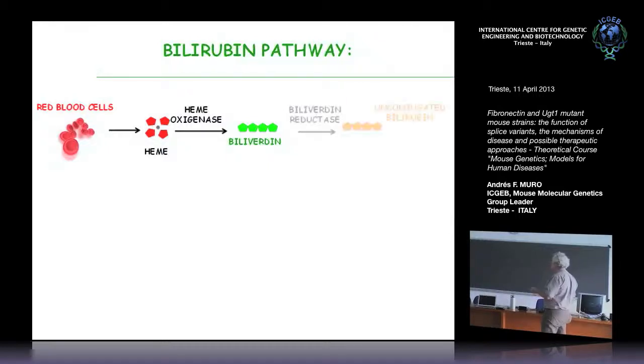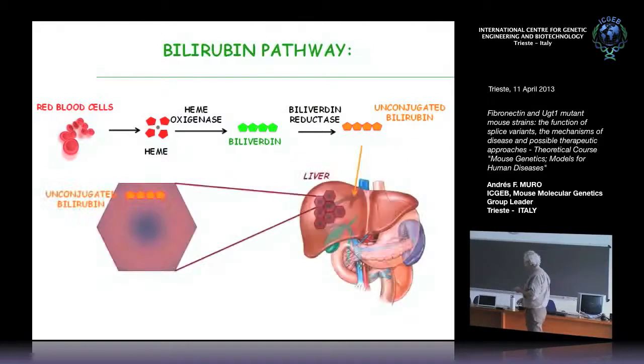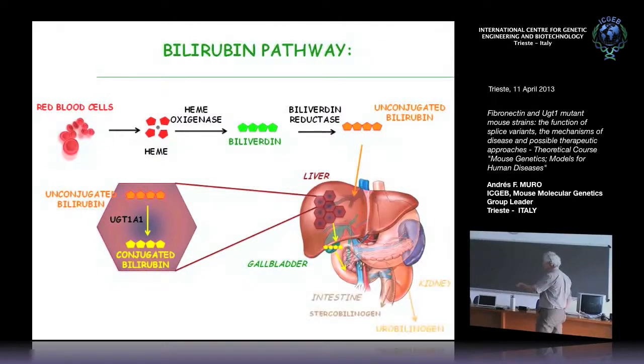Then biliverdin is converted by biliverdin reductase into unconjugated bilirubin. And this unconjugated bilirubin, keep in mind that it's not soluble in water, so it's lipophilic. To be eliminated from the organism, it is rendered soluble by another enzyme, UGT1A1, which adds glucuronic acid, rendering it water soluble, and then it is eliminated normally in the bile, and then